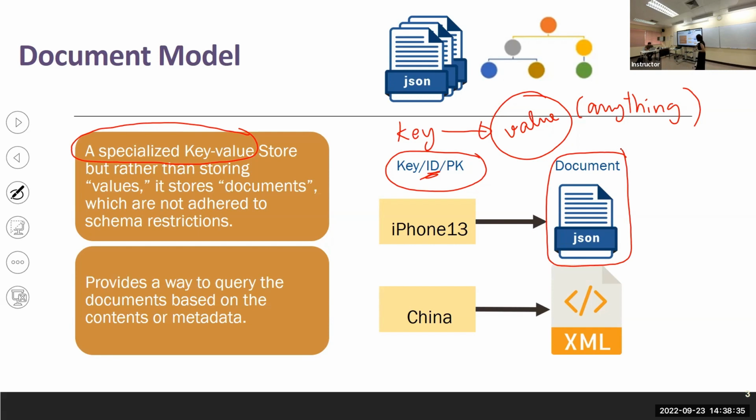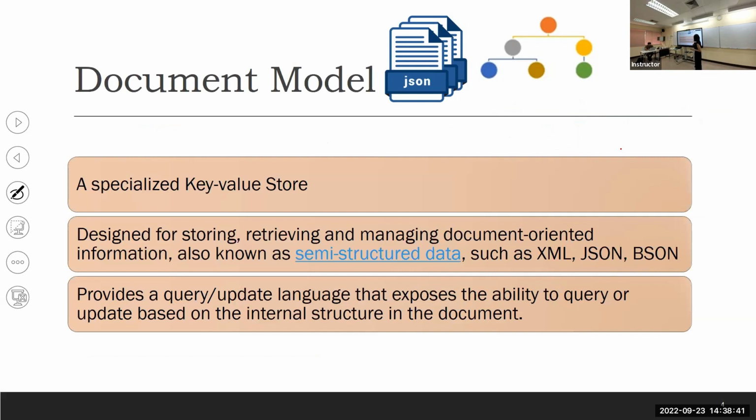What types of documents? I think I already mentioned last time that more or less the main focus nowadays is JSON. JSON is the most widely used document format,